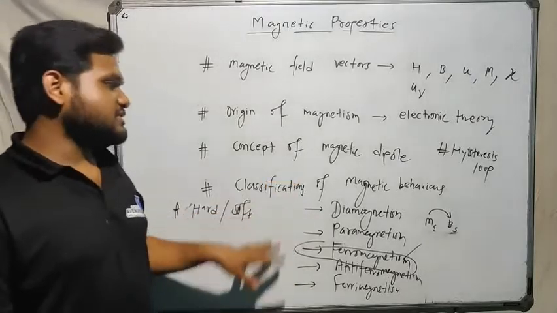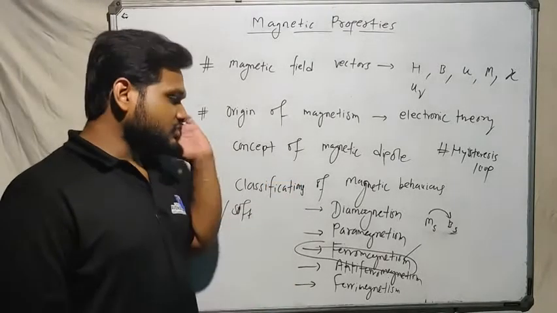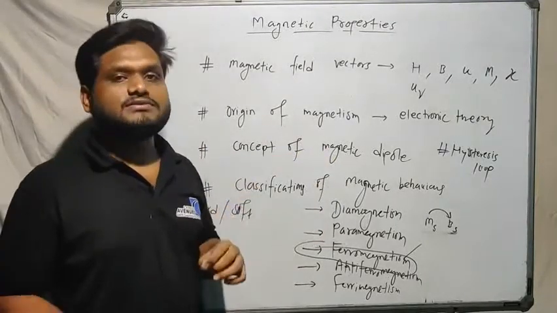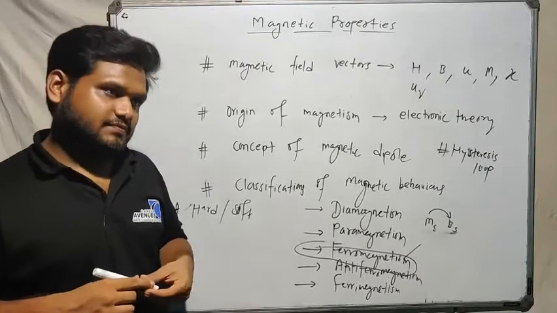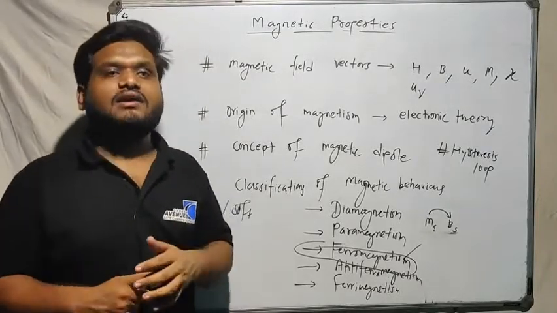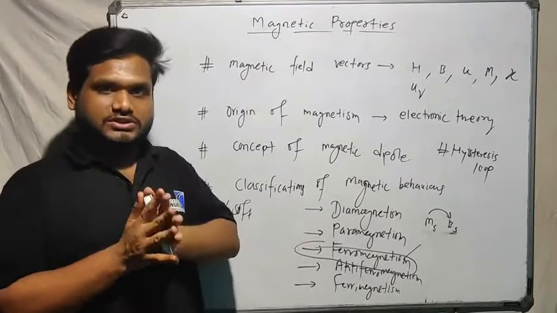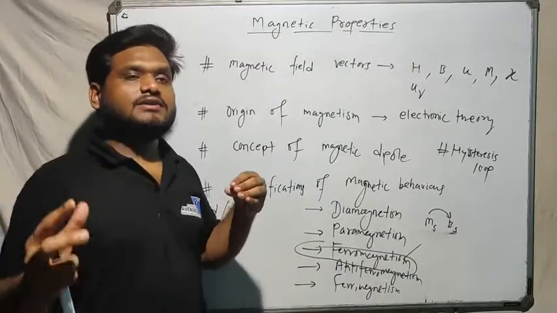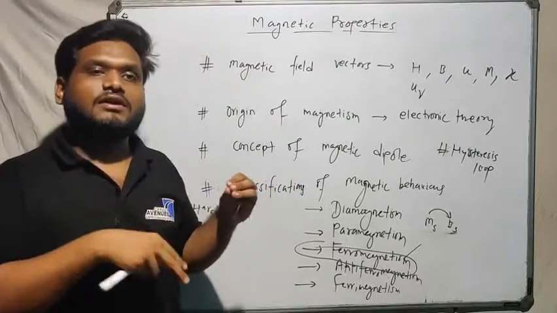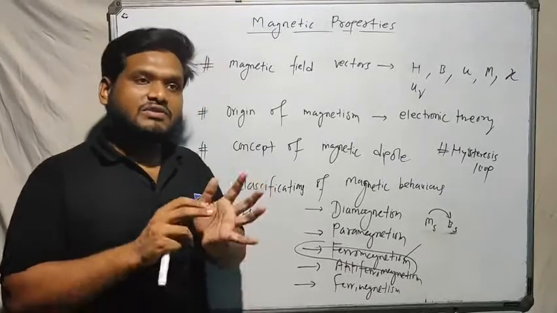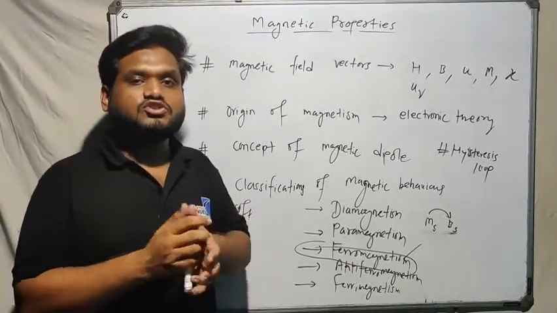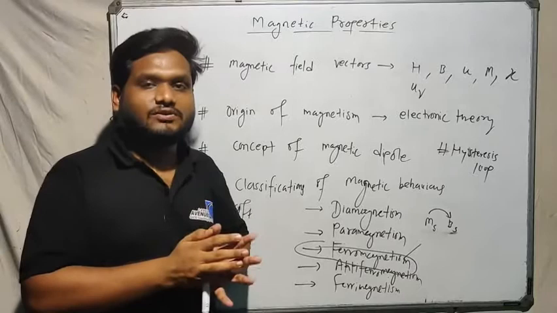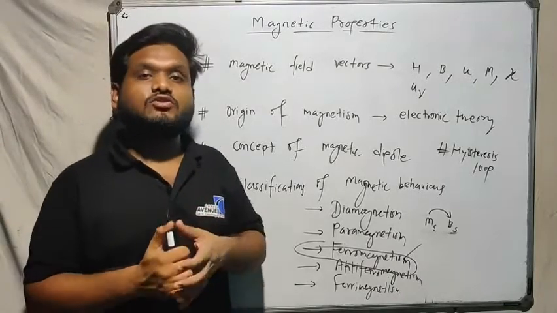So this is just an overview of the whole chapter, starting from the magnetic dipole concept itself. Magnetism: there are some groups of materials which tend to have these forces. If you take a material which shows magnetism and you take another piece of material and put it in the vicinity of its magnetic field, they show either repulsive forces or attractive forces based on the geometry, and this phenomenon is known as magnetism.